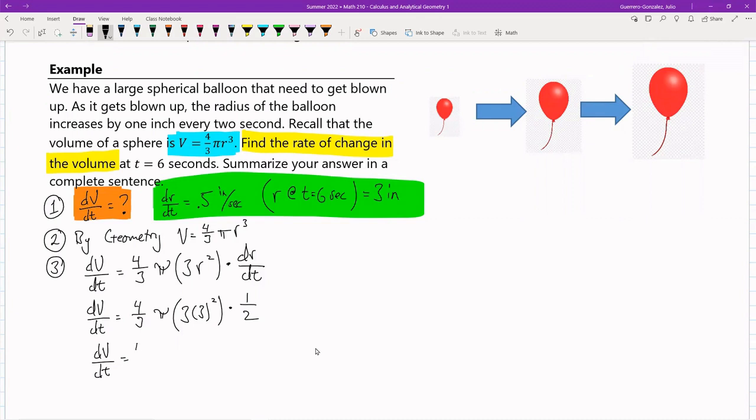So I'm going to write this all out: 4/3 pi times 27/2. Can at least write that much. And if you plug this all into a calculator, you should get 56.54 inches cubed per second. So to summarize,